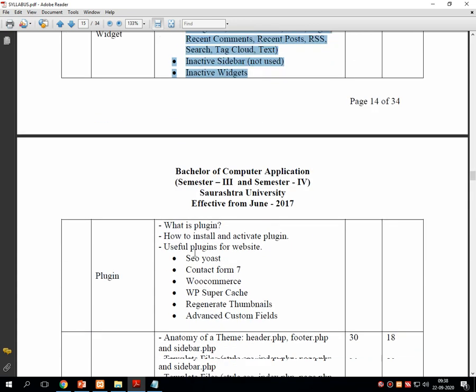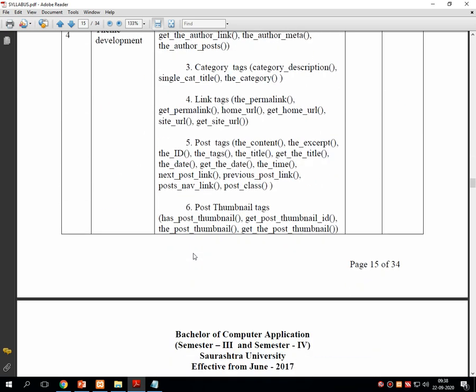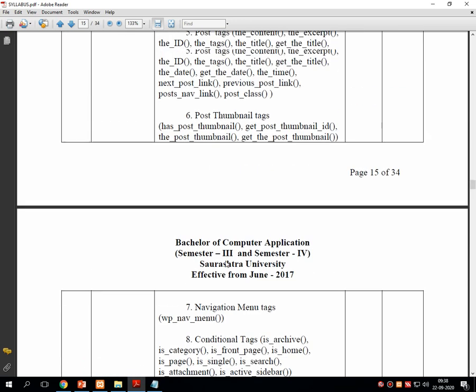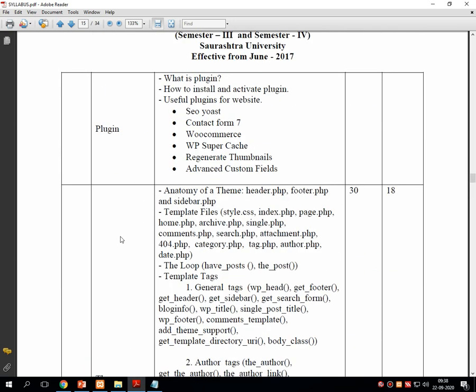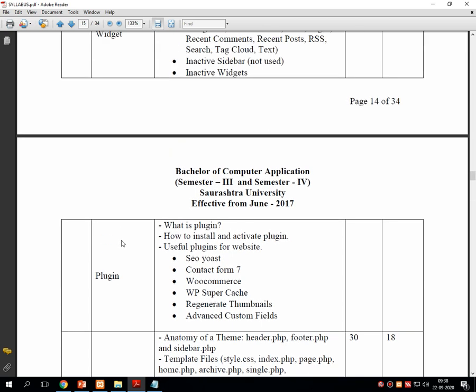But after the completion of 3rd unit, number 4 is a bit important for university point of view, but 5th is not that much important for university point of view. Our almost syllabus gets completed about the content management system using WordPress shortly. So be prepared about the university examination, and shortly our college is going to organize online MCQ test. So for that even you have to prepare yourself.